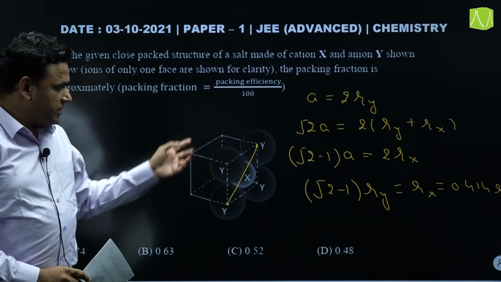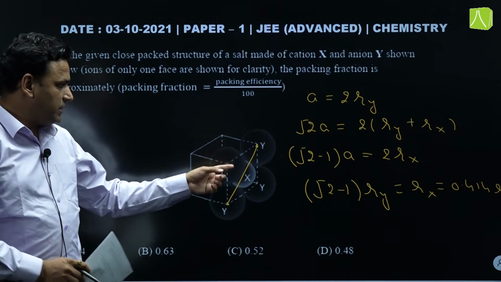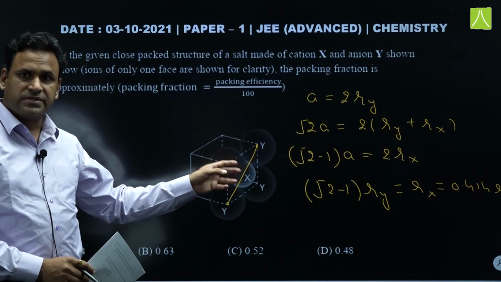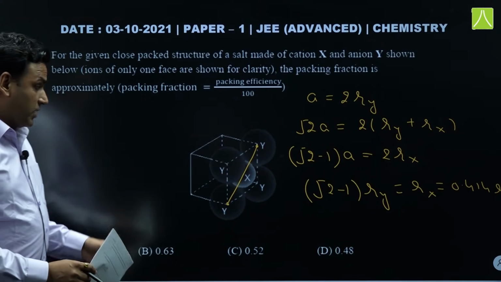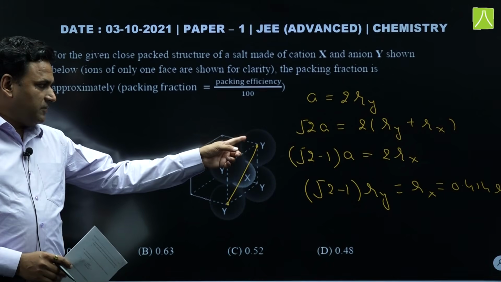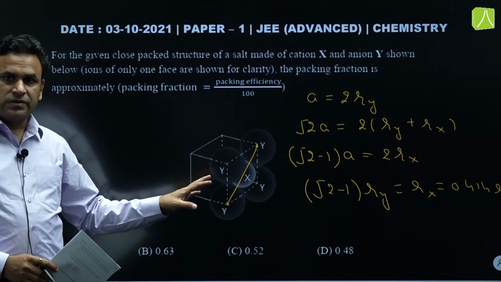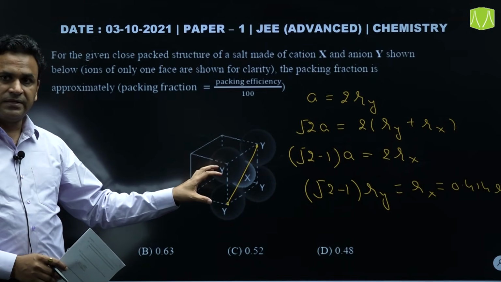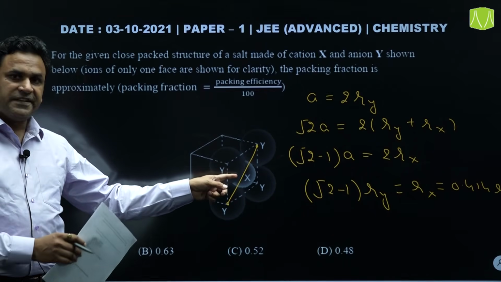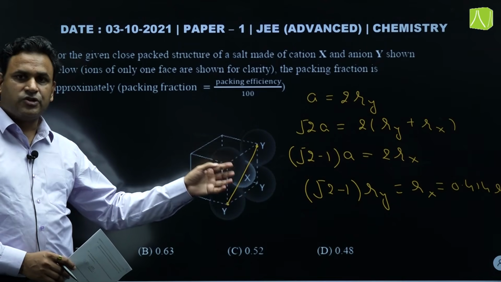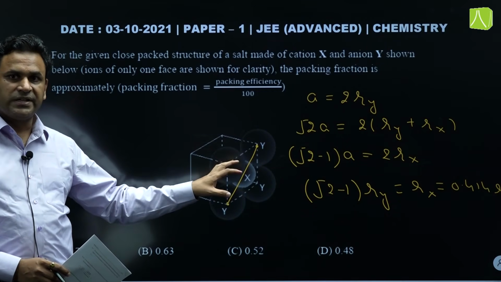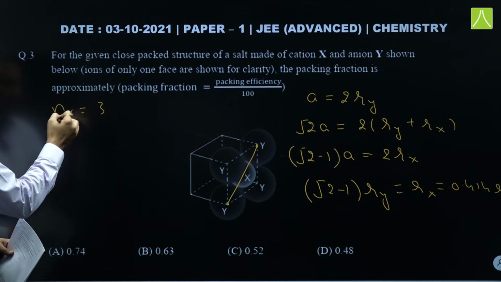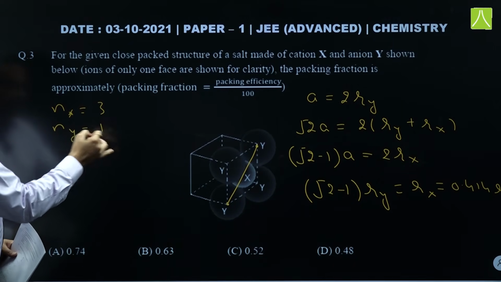Now if this is the situation in the solid, then we can calculate effective number of Y atoms in the solid and effective number of X atoms in this solid. So according to the figure, Y atoms are present at the corners only. So that way effective number of Y atoms is going to be 1 and X atoms are present at the phase centers. One phase center will contribute half X atom into one unit cell. So number of X atoms is equal to 3 and number of Y atoms per unit cell should be equal